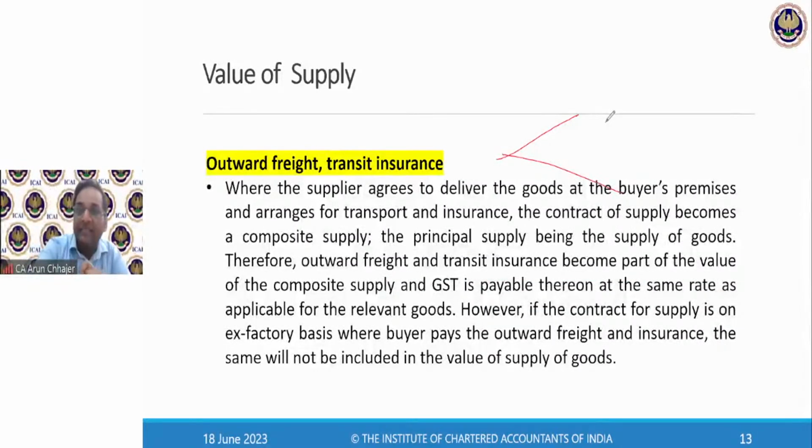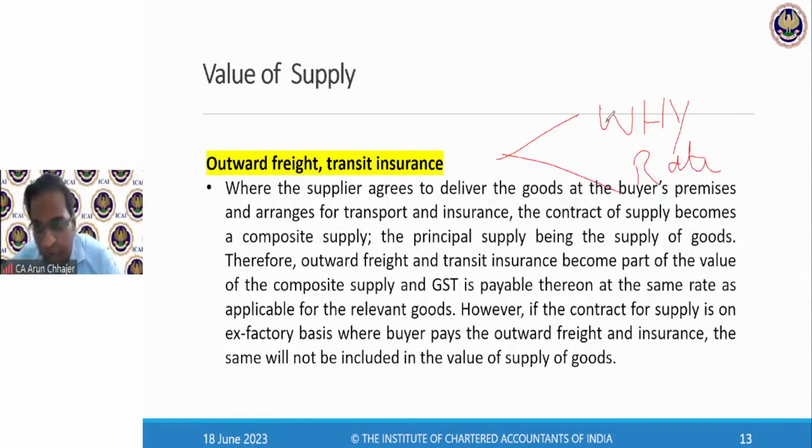Why are we adding? That is the first point. The second point: what would be the rate of the taxes? These are the two different points which I would like to explain. First point: the goods are worth rupees 1 lakh. The supplier is charging 10,000 rupees on account of transportation, insurance, packing, etc. Why are these 10,000 rupees added in the value? Because of 15(2)(c). Addition is because of 15(2)(c).